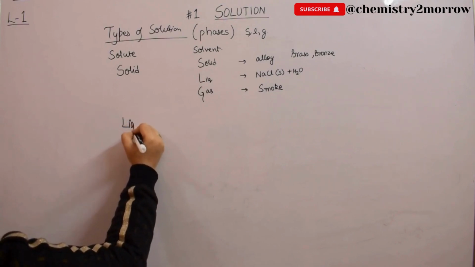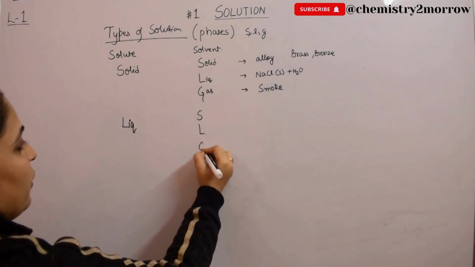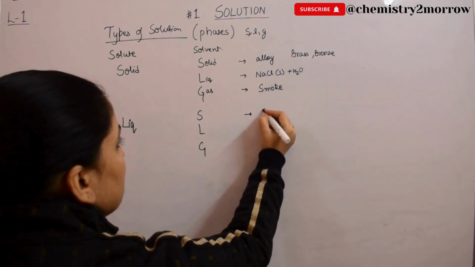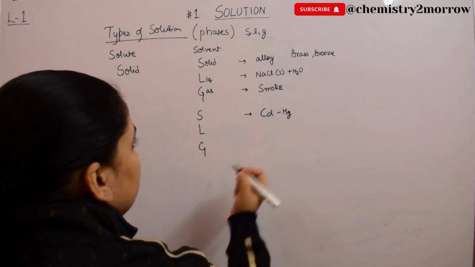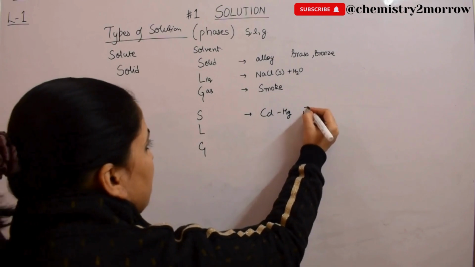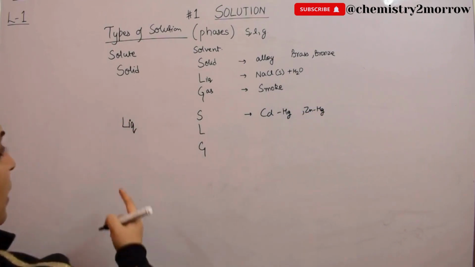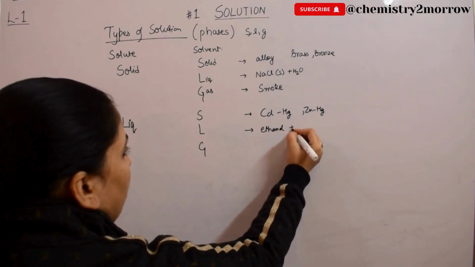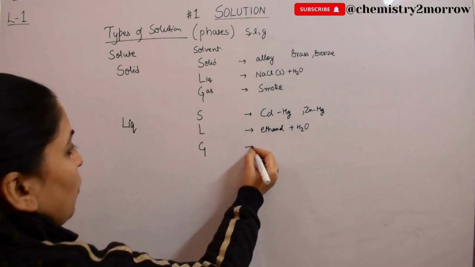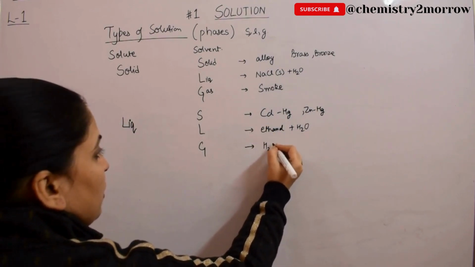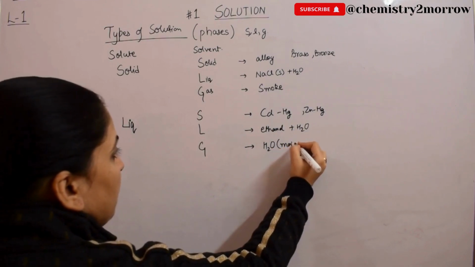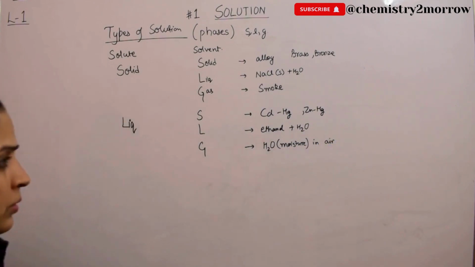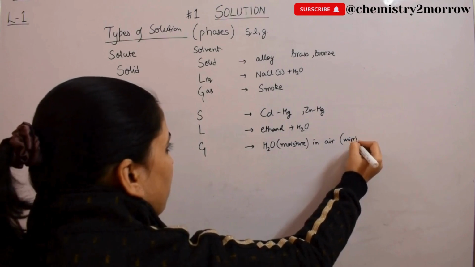Then solute being liquid and solvent again can be solid, liquid or gas. The example of liquid and solid, we have done this just now, amalgams: cadmium or zinc mercury amalgam. Liquid in liquid is easy. Suppose you are mixing ethanol and water. Liquids in gas: this you know, water as moisture or mist, you can say, in air, or you can say mist or fog.